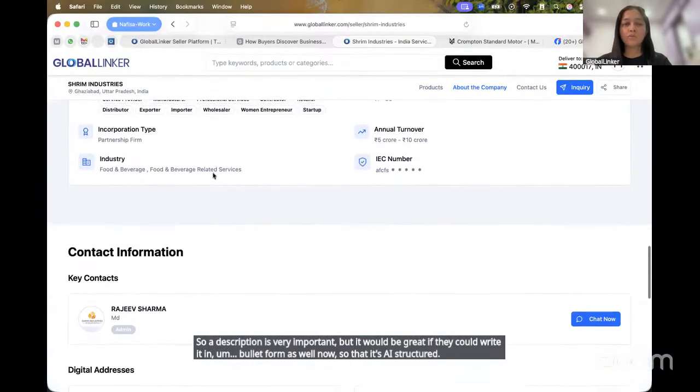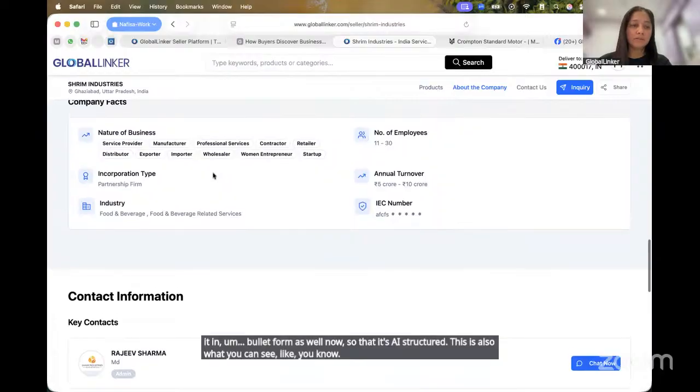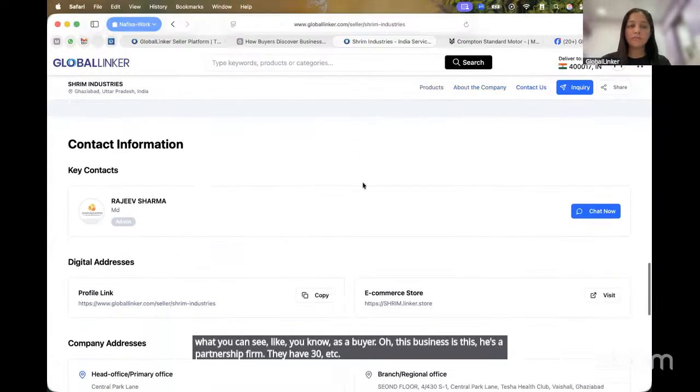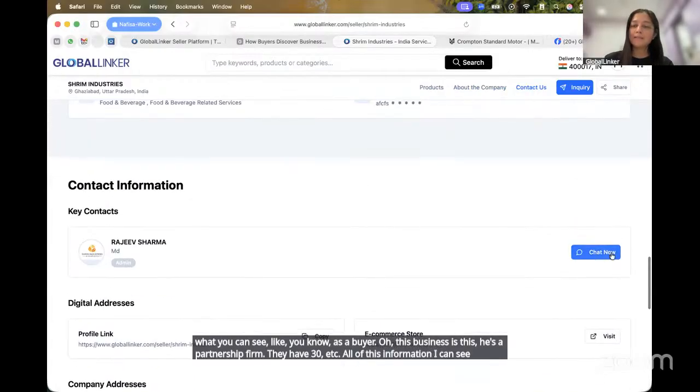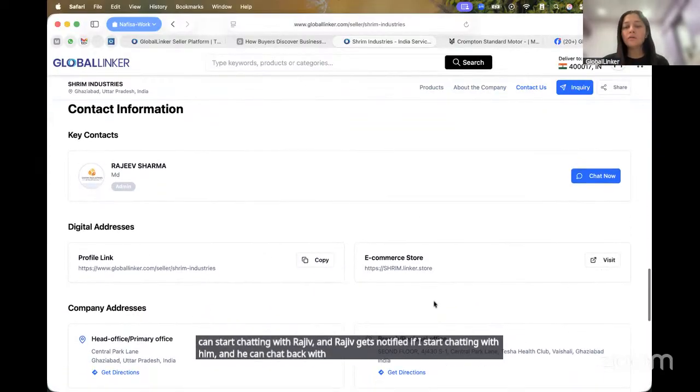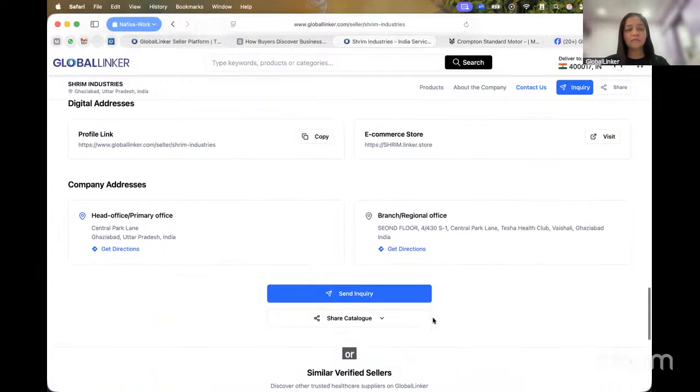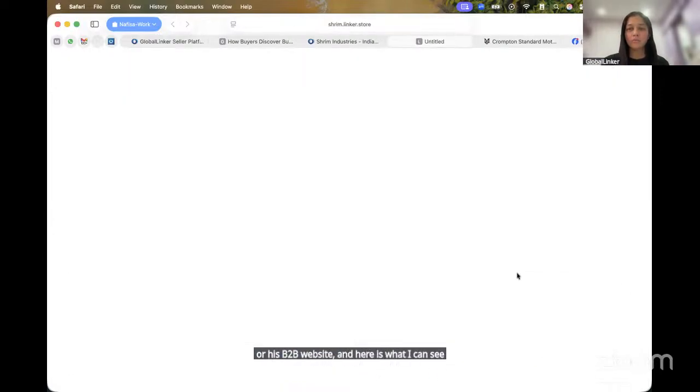This is also what you can see as a buyer. Oh, this business is this. He's a partnership firm. They have 30, etc. All of this information I can see. And I can start chatting with Rajiv, and Rajiv gets notified if I start chatting with him, and he can chat back with me as well. We also have links to his e-commerce store or his B2B website, and here is what I can see. So I can visit his